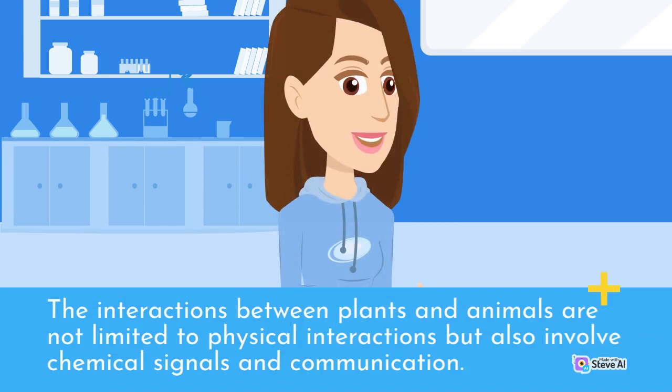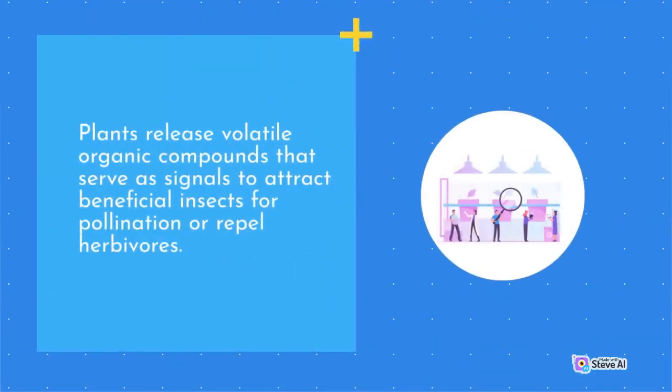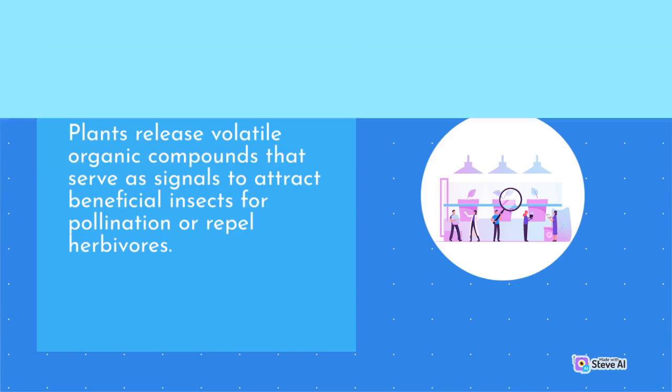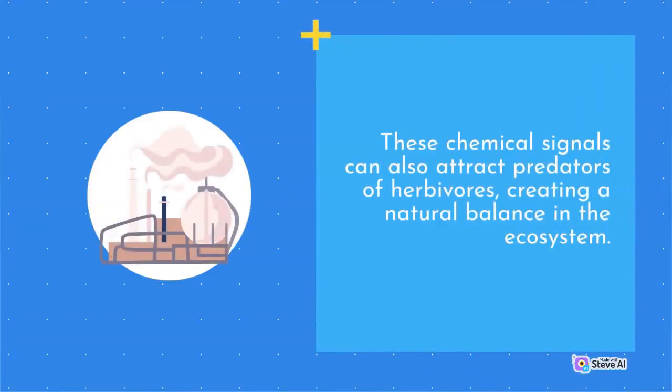The interactions between plants and animals are not limited to physical interactions but also involve chemical signals and communication. Plants release volatile organic compounds that serve as signals to attract beneficial insects for pollination or repel herbivores. These chemical signals can also attract predators of herbivores, creating a natural